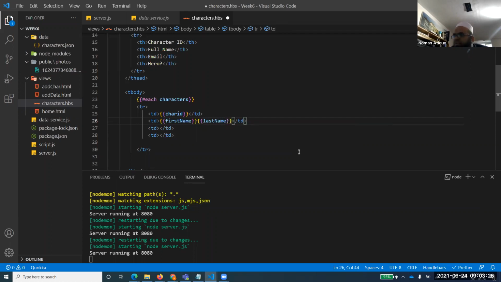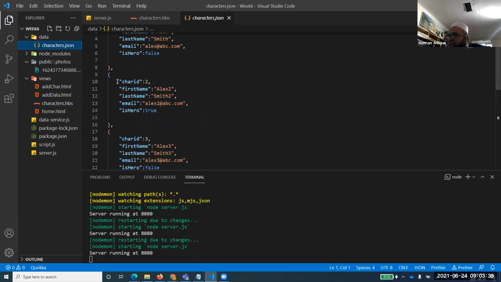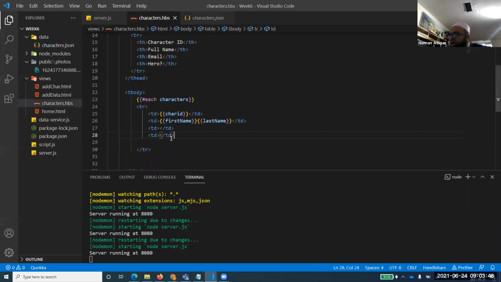And why I'm using this camel casing, or how do I know I'm using the right characters? How can I check that? I'll have to use the characters. This charID is all small. firstName is camel case, and lastName is also camel case. Email is all small. isHero is also camel case. Got everyone? That's why I'm just doing that.